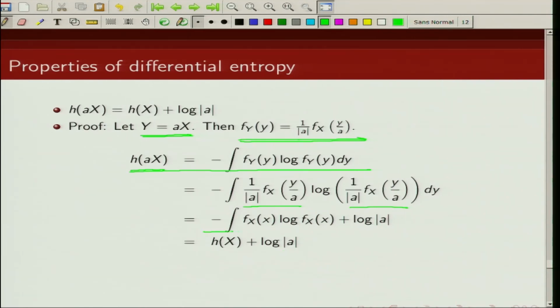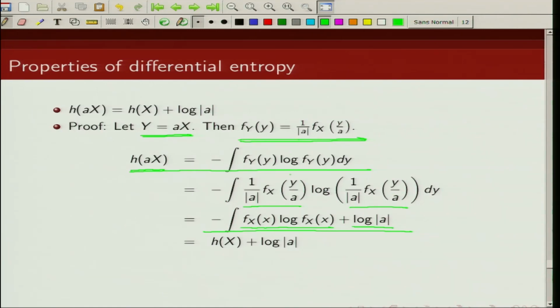So this can be simplified into two terms. One is this particular term and the second term is log of a. So you can see this will be log of 1 by a. So log of 1 by a is minus log of a, and minus minus becomes plus,